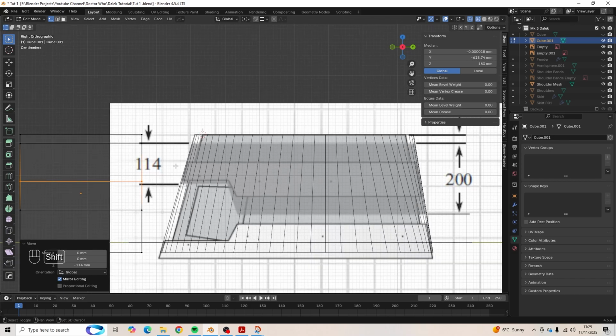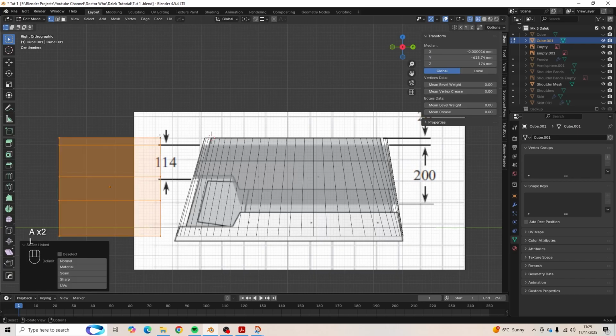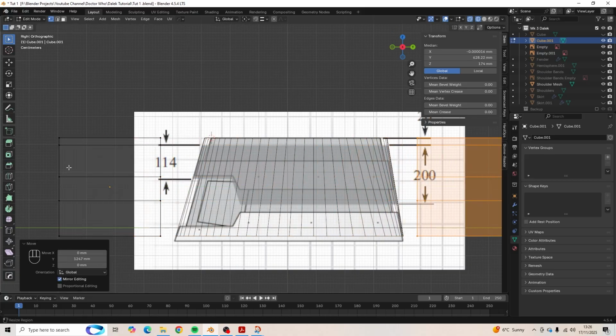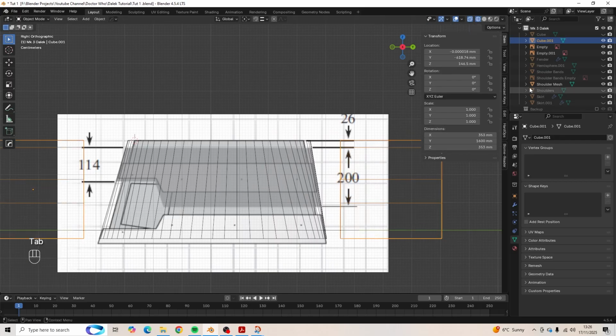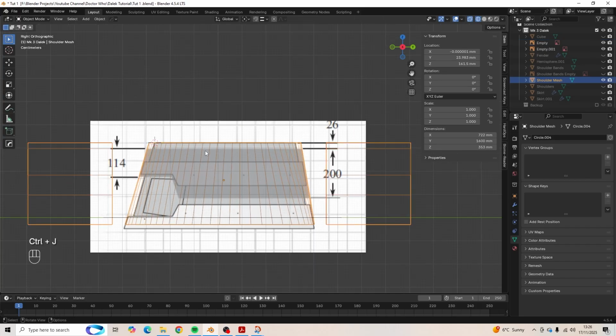And then we'll do exactly what we did last time. We'll make a copy of this cube. So hover over one of the verts, press L, it selects everything, press Shift D, and then right click to confirm that, grab Y, and let's just move him over there. And then with both of these selected, we're going to click on the shoulder mesh object, and then Control J, join them together, tab into edit mode,